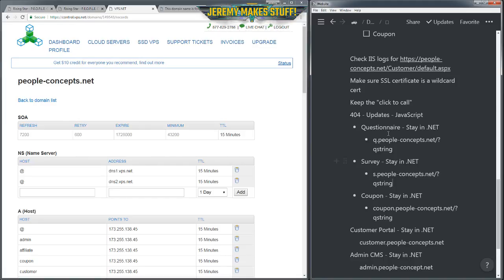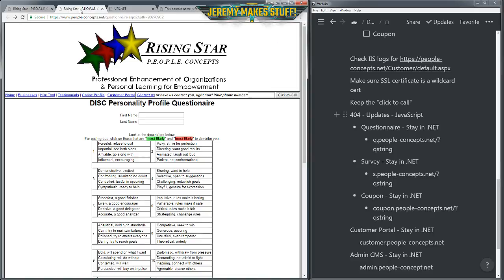Then they can go to the URL and it gives them the questionnaire, but also asks for first name, last name, email address and some other information, and actually adds them to the CMS as a customer.